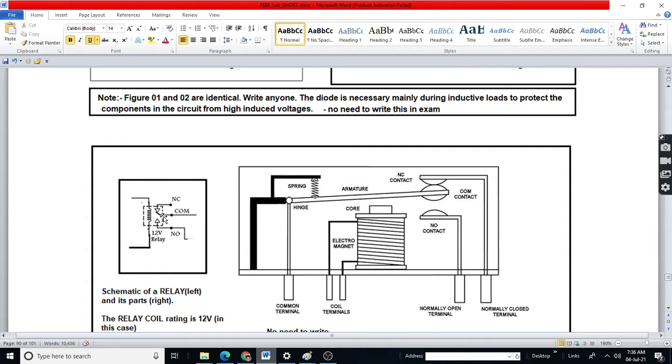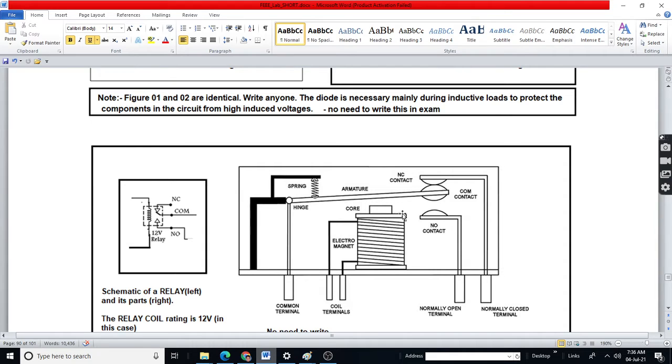What is inside is contact, what is outside is terminal. Okay, so common contact, common terminal, NC contact and NC terminal, NO contact and NO terminal. Coil is inside and coil terminals.